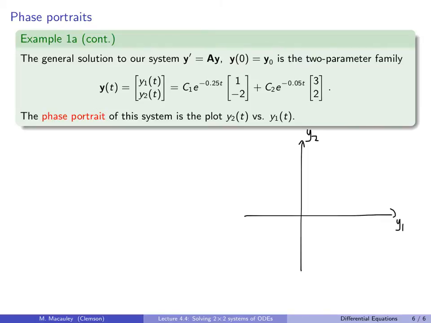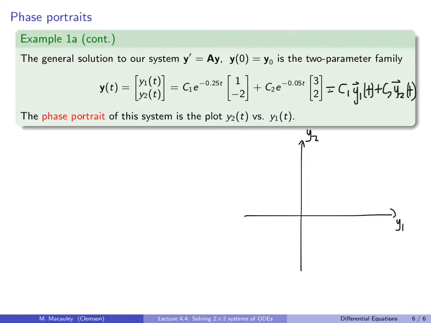Okay, so to do this, I'm going to write this as C1 times vector y1 of t plus C2 times vector y2 of t. In other words, y1 is this function, and vector y2 is this function. Okay, so how are we possibly going to plot all of these solutions on a single set of axes? So what we're going to do is some easy cases first, and then we'll sort of fill in the gaps. So first of all, let's set C2 equal to 0, which kills off this term,